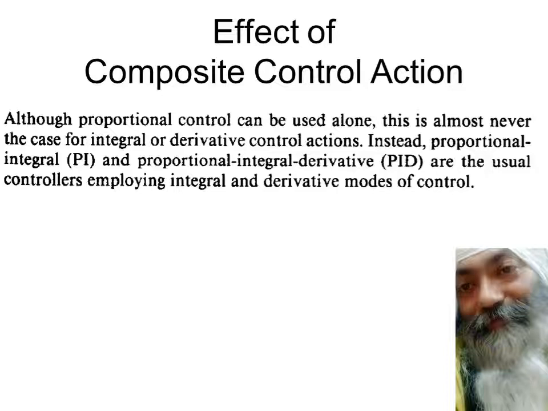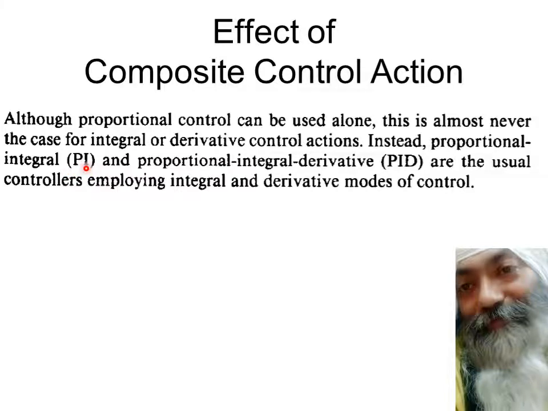We will study this one by one, that why we do not use proportional controller. The first question, why is I or D required? The limitation of proportional controller is that it cannot reduce the offset to 0. But with the introduction of I, instead of P, we go in for PI.